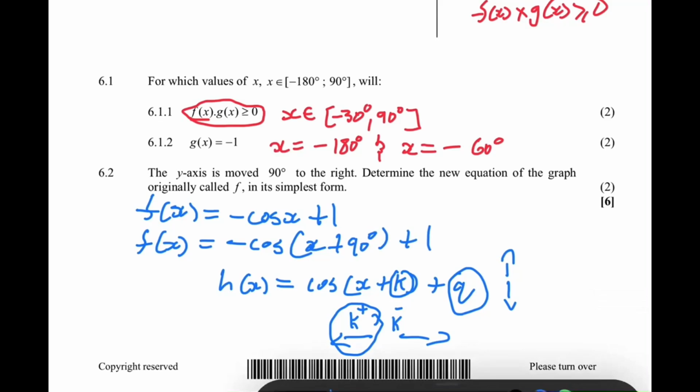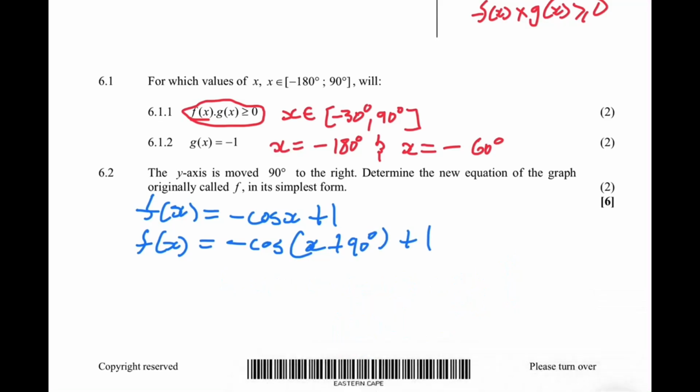Let me just erase this. And then now this is our new equation for the graph originally called f. We have moved it 90 degrees to the left because y is moving 90 degrees to the right. But then the question says in its simplest form, right? So this is not its simplest form,